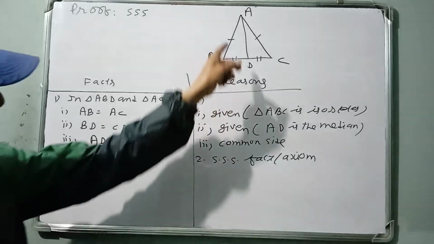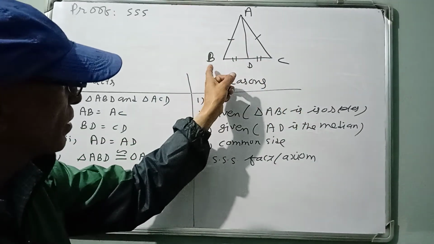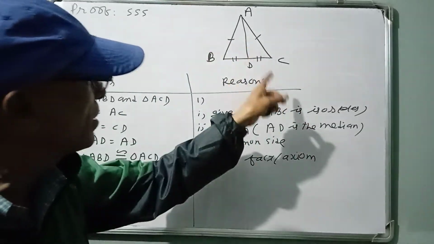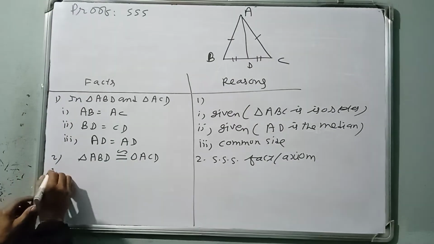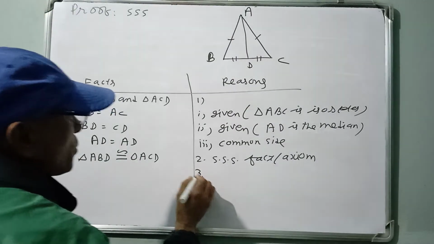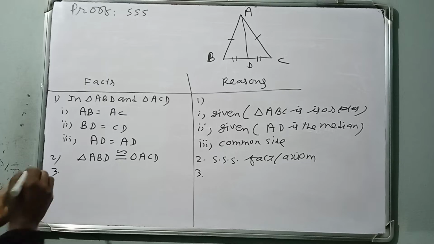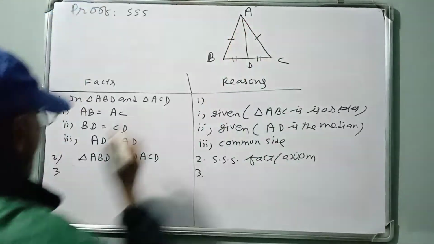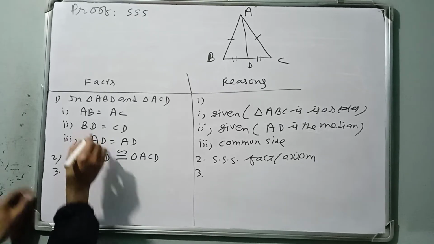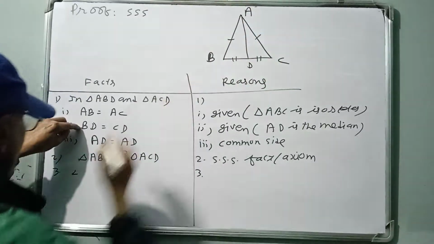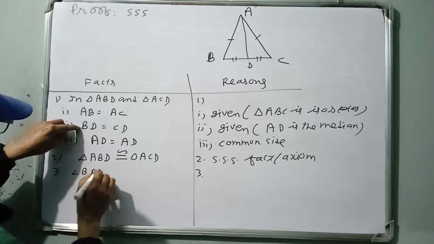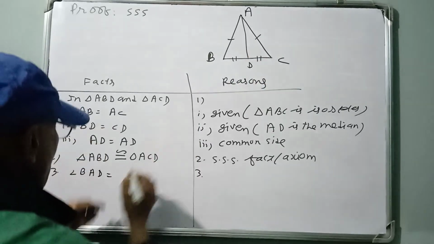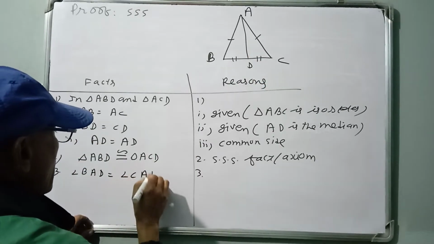From side AB equals AC, given, BD equals CD, given, AD equals AD, common side, the two triangles are congruent. Then angle BAD, opposite BD, and angle CAD, opposite CD, are equal,